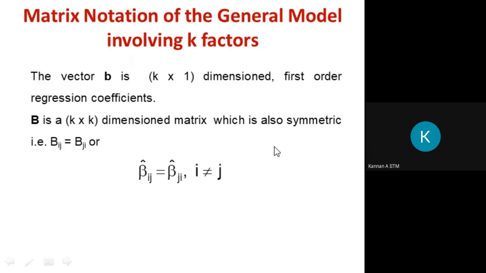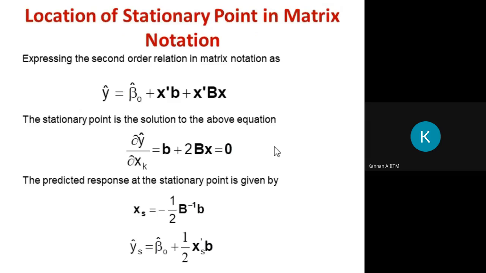So using matrix manipulation techniques or matrix algebra, we can very easily estimate the parameters. So you have estimates of all these parameters, not only capital B but also small b, and this is nothing but the average value. Okay, so you do the matrix differentiation, and you will find the stationary point to be minus half into B